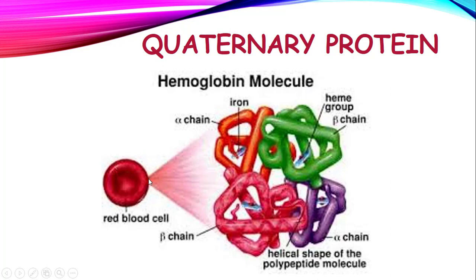The red blood cell contains hemoglobin, and hemoglobin is a quaternary protein. Hemoglobin carries oxygen molecules from the lungs to other parts of the body. These are actually oxygen-carrying molecules. Now one hemoglobin molecule can carry 8 molecules of oxygen. Okay,